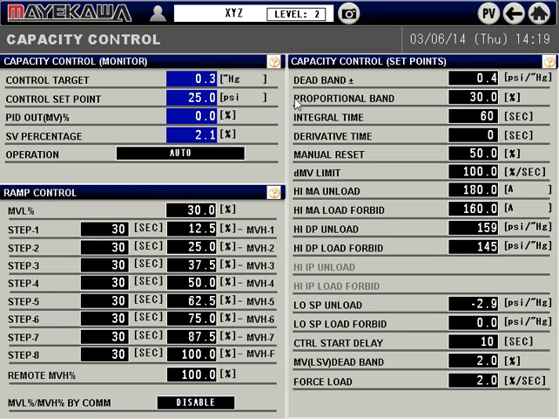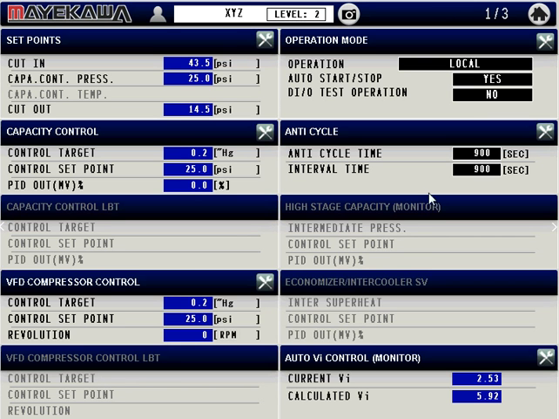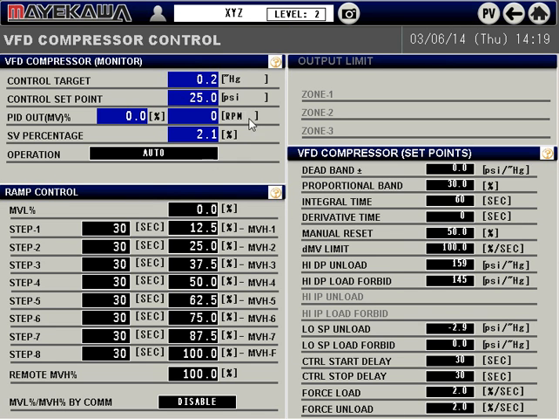The PID controller, you will have the options to tune the proportional band, integral time, and derivative time in your PID controller for the capacity control, as well as any other PID controller that is included in the panel. You also have the ramp control, as well as the MA unload, MA low for bit limiters, and the discharge pressure unload and discharge pressure low for bit limiters. Similarly, you will have a BFD compressor control, PID loop tuner,